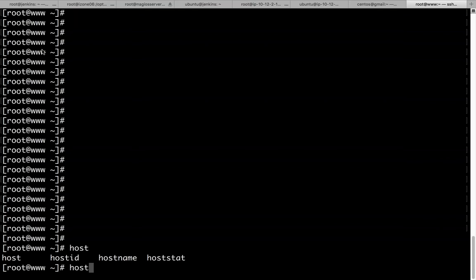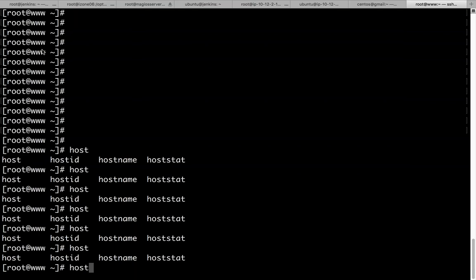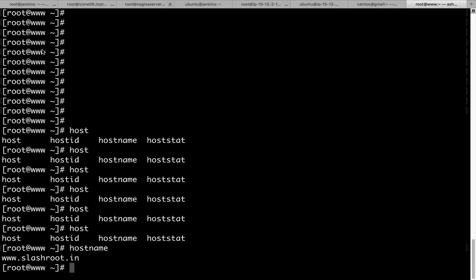So host, I just typed host and pressed the tab key on the keyboard multiple times, and it is asking me, are you willing to type any of these commands? Because you have already typed host, which means you might be looking for any of these commands. So I will say, yeah, I'm looking for something that starts with host n, and then I would do a tab once again. See that it automatically completed. See that hostname, and then I'm going to press enter.